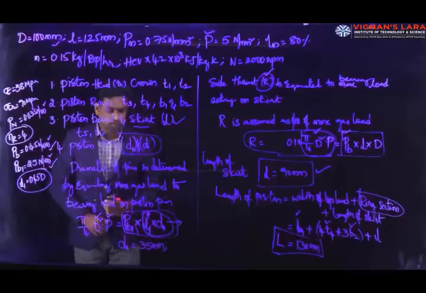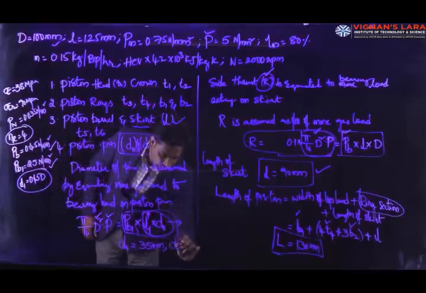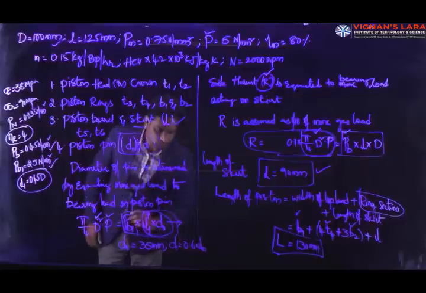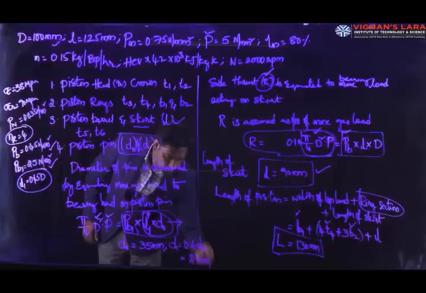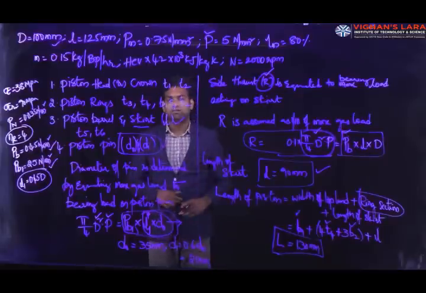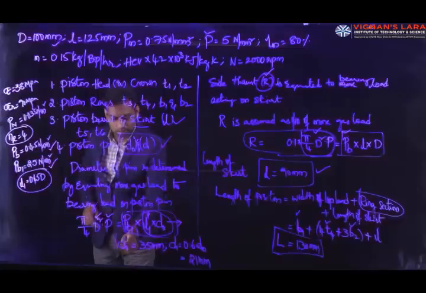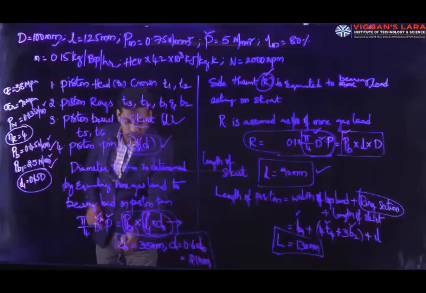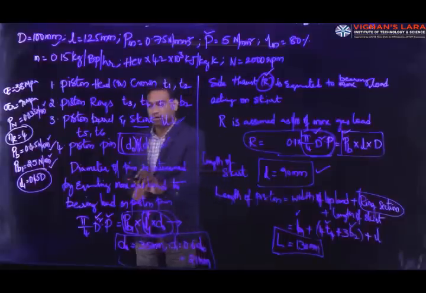After getting the outer diameter of the pin, we also need to calculate the inner diameter using the proportion di equal to 0.6 times d0. So di is given by 21 mm. Clear? So these are the dimensions for the pin. After finding the dimensions, we can check whether our calculated dimensions of the pin, di and d0, that is 21 mm and 35 mm, will withstand the maximum gas load acting on the pin.